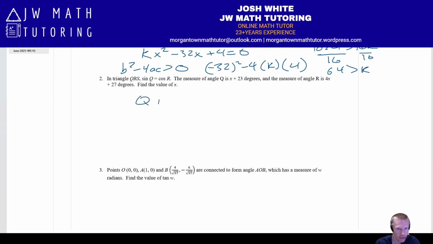So the property that you need here, what allows you to solve this problem, is the fact that the measures of Q plus R together have to add up to 90 degrees. And that's because the sine of one is equal to the cosine of the other. And if you think about a right triangle, now again, this is not a right triangle, but if you think about a right triangle,